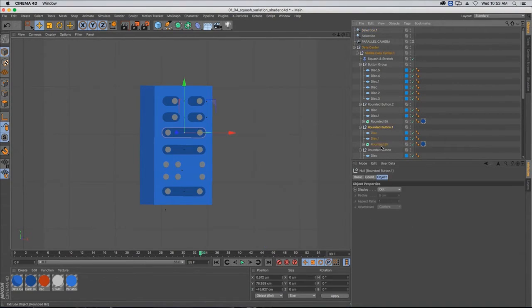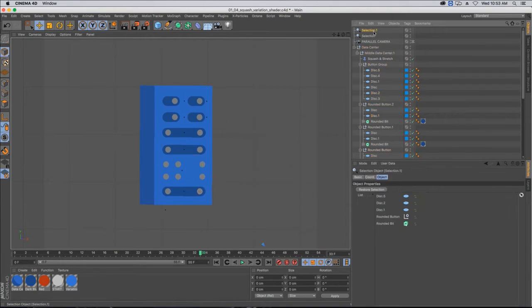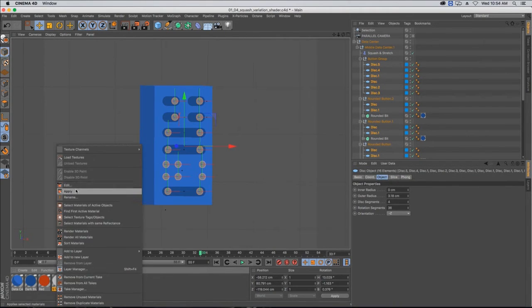So if I deselect and I'm doing other things, and I need to go back and select all those things, I just restore selection, and it brings those back up. So super handy workhack there. So I'm just going to select all my disks again, and I'm just going to right-click and hit Apply,